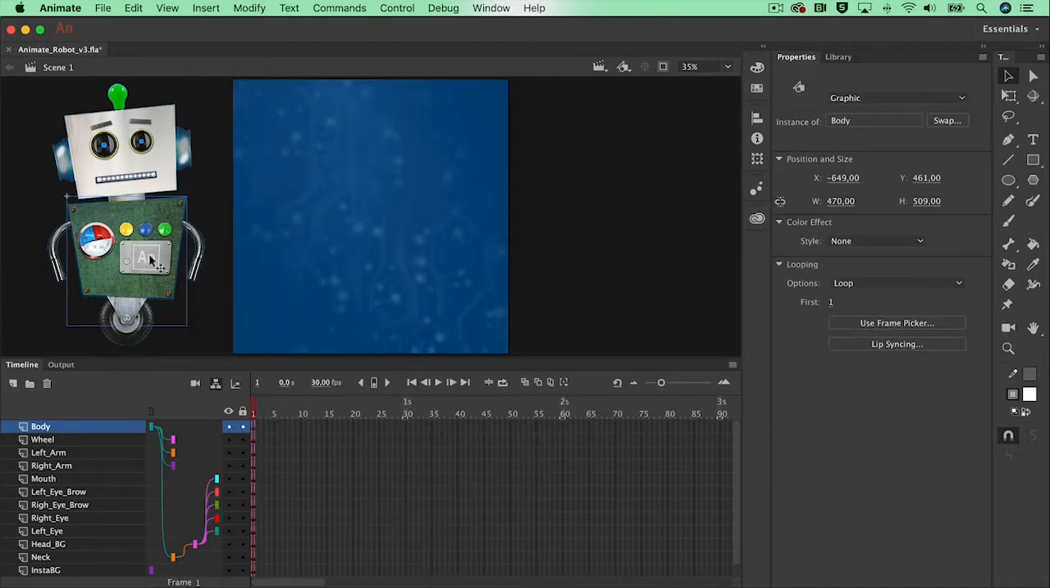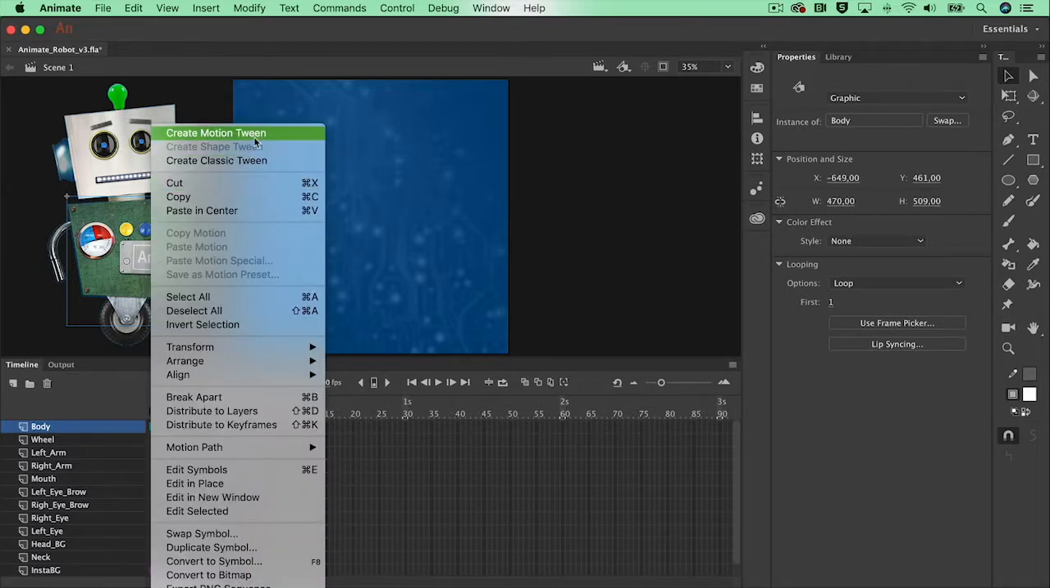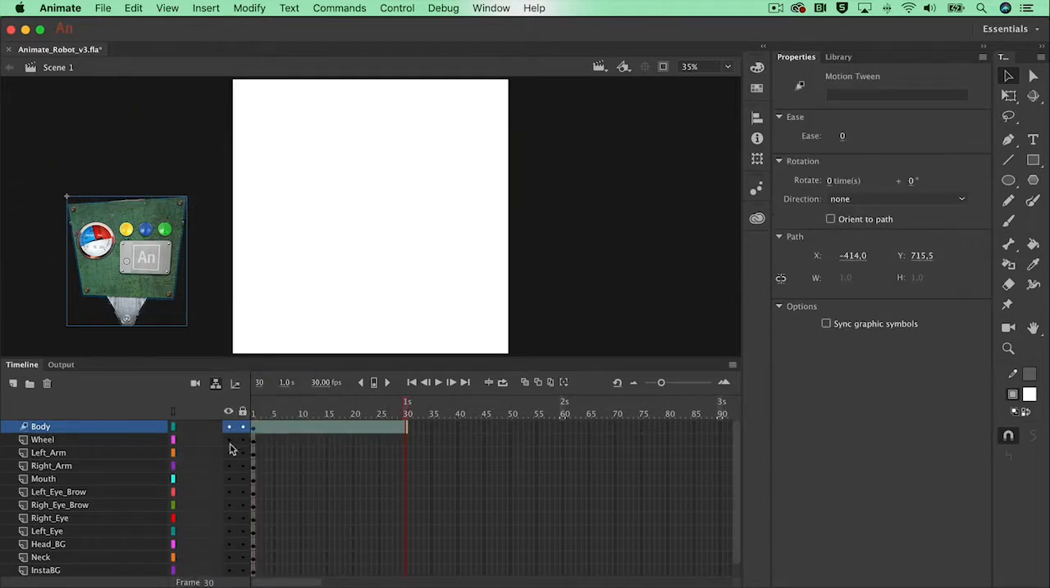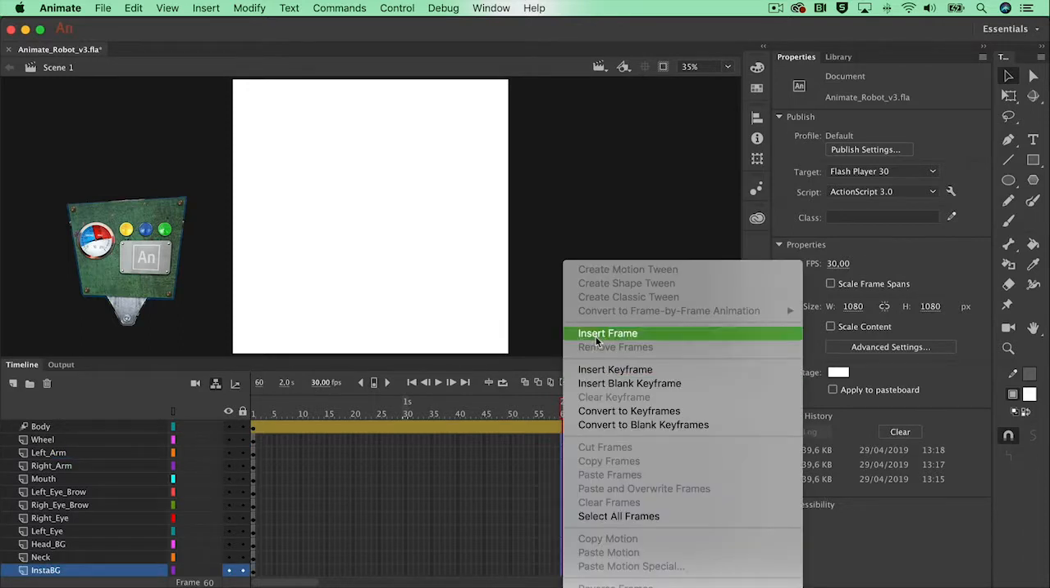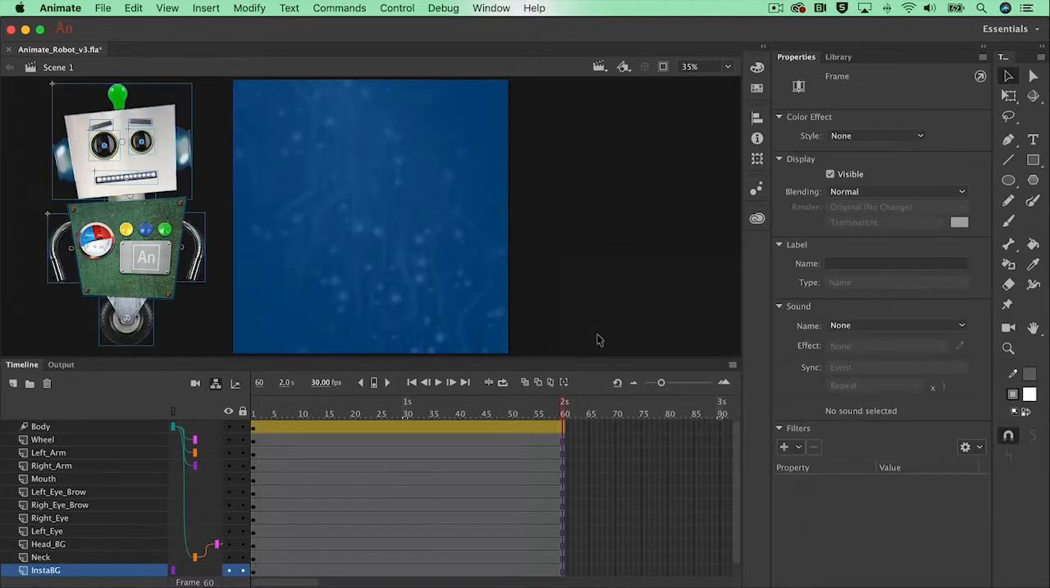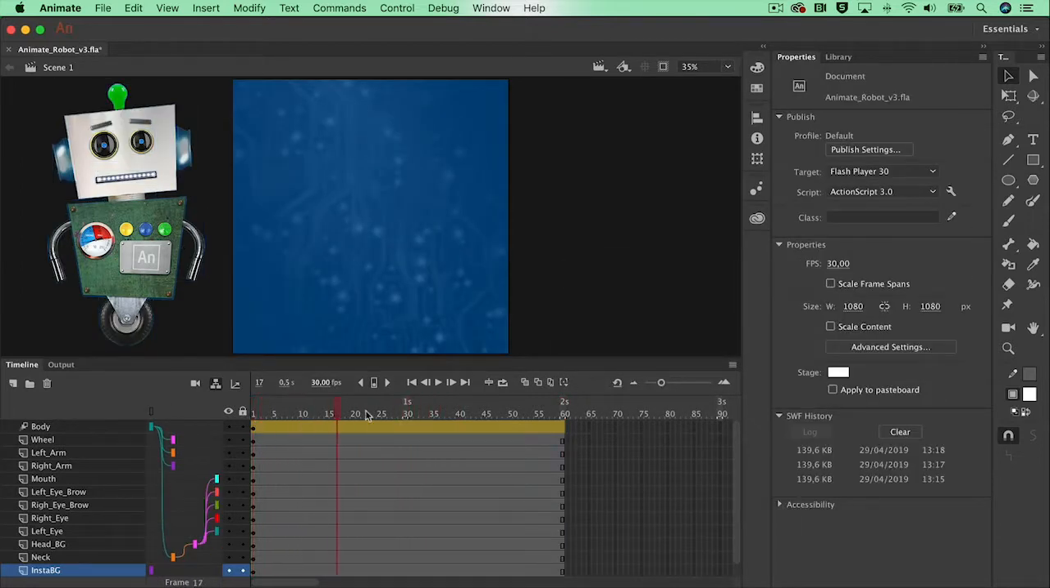And now what I need to do is right-click and create a Motion Tween, and that will give us 1 second of time to animate. And of course I can extend this to 2 seconds if I want to. Immediately you will see that the only layer that has got 2 seconds of time is the body layer. So I want to see everything else as well, so I'm going to select the final frames underneath frame number 60, right click and just insert a frame,